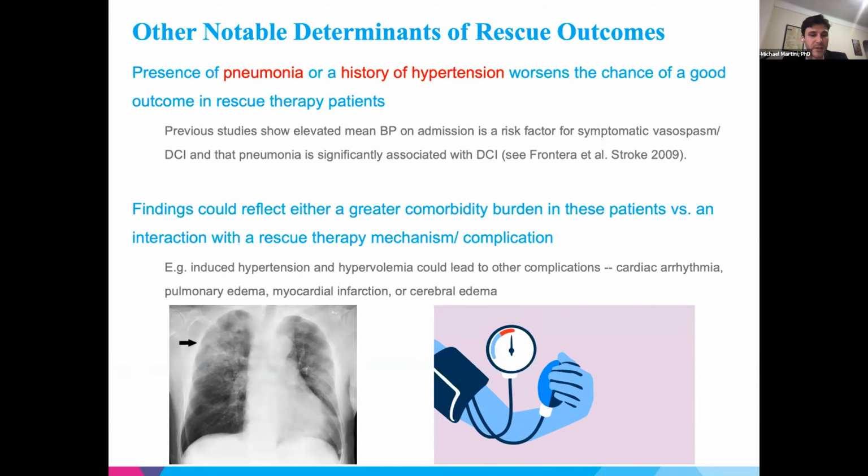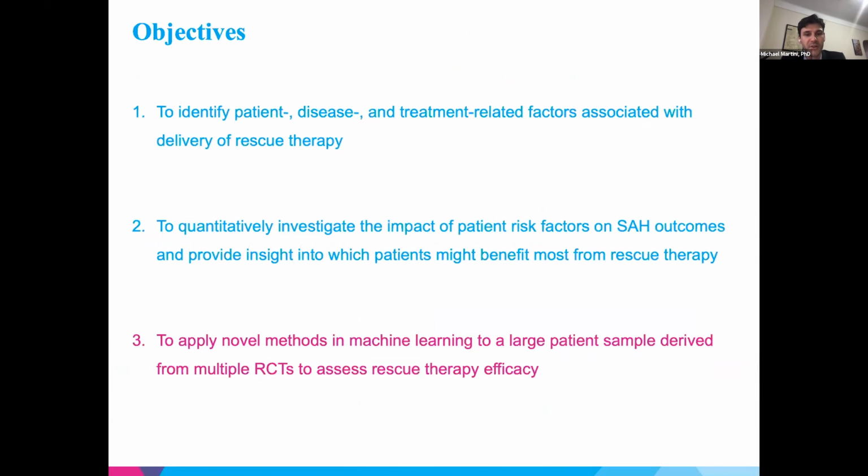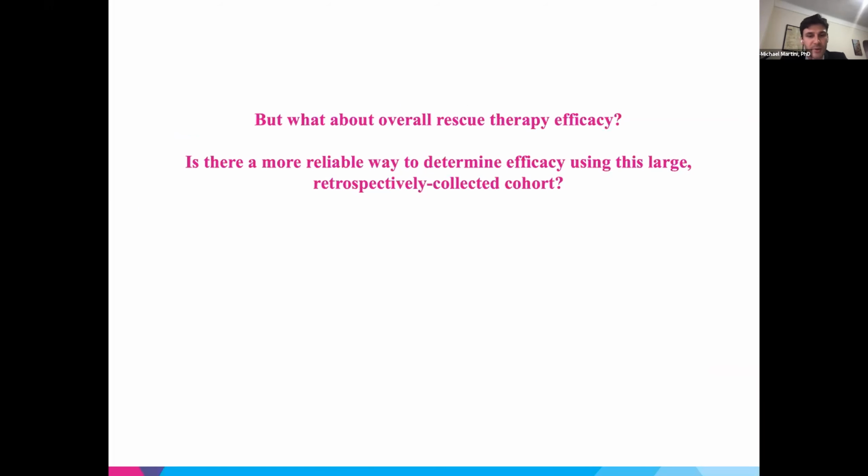For example, induced hypertension or hypervolemia could potentially predispose to other complications listed here. And they might be particularly bad in those with hypertensive histories or decreased pulmonary capacities. So moving on to the final goal of the study, at this point you might be saying, but Michael, of